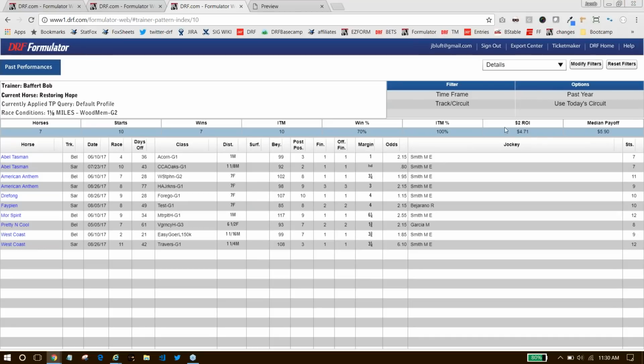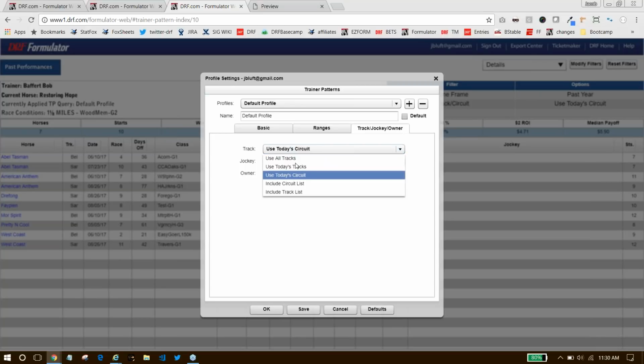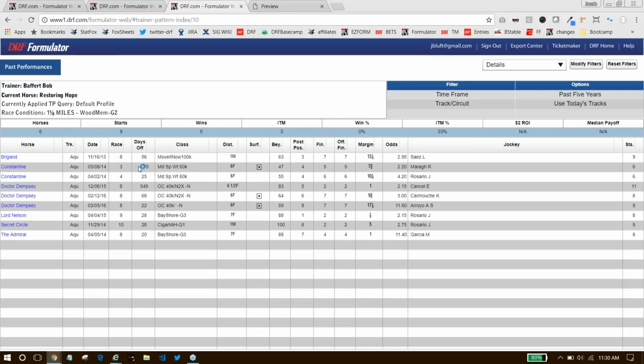Yeah, I think it's safe to say he's found his form in New York, Dan. He had that giant day on Belmont Stakes Day, obviously. Last year, I believe it was, with More Spirit, just ran away and hid in the Wood Memorial. He used to dominate at Aqueduct. If you actually go back on the past 5 years and look at his numbers at Aqueduct, they're not very good at all. I remember back in the day when he had horses like Congaree, he would come in and he would dominate races like the Cigar Mile. Aqueduct hasn't been as kind to Baffert recently,